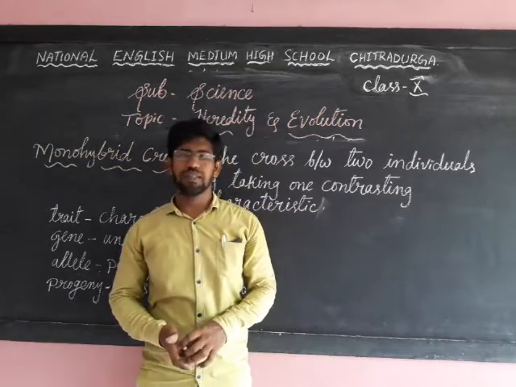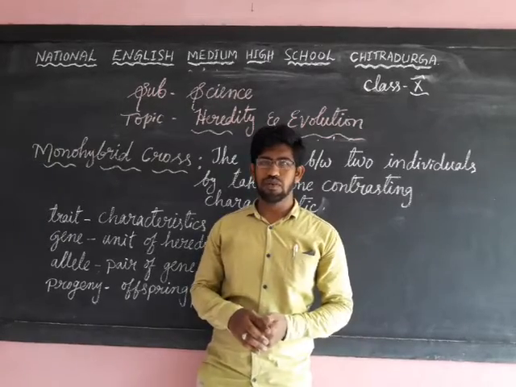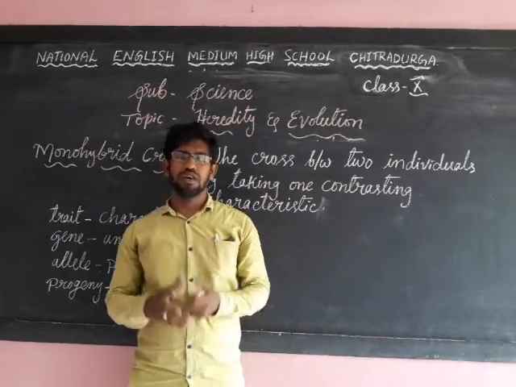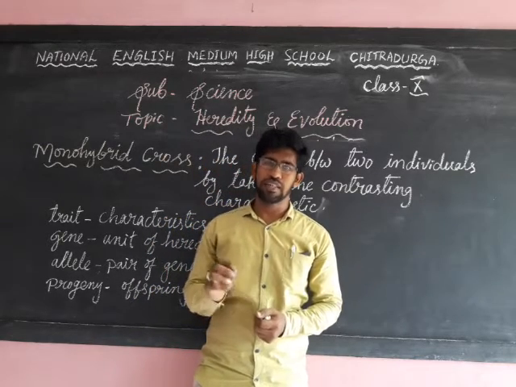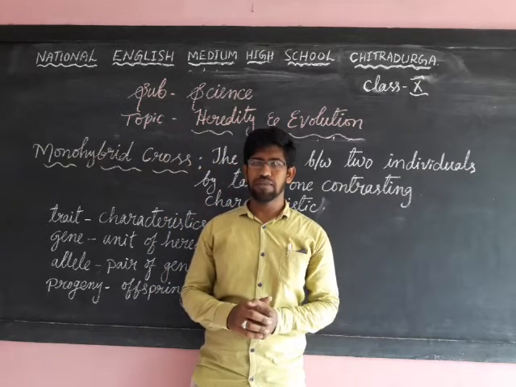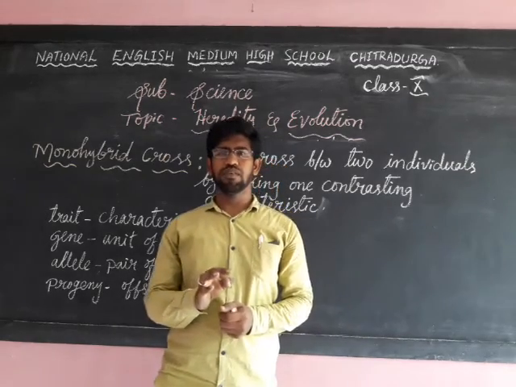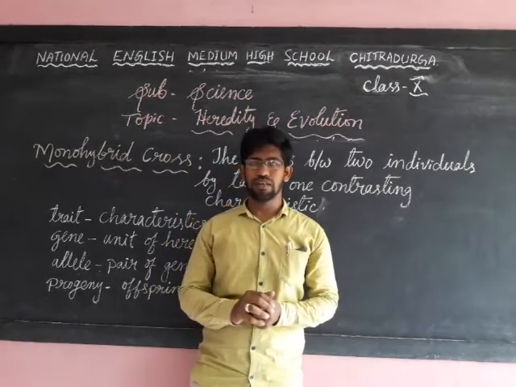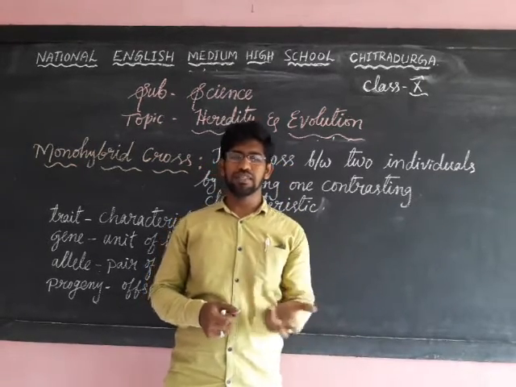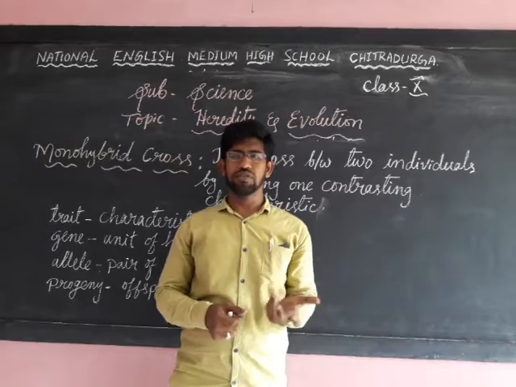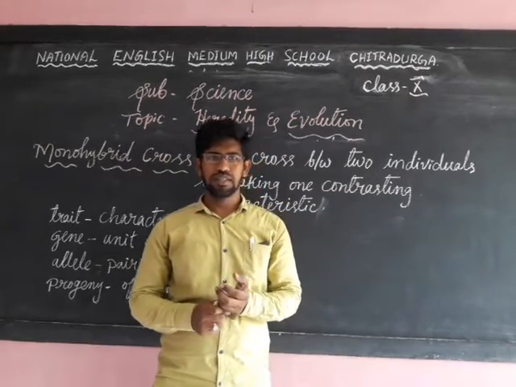Dear students, in the previous classes we studied heredity and the scientist Gregor John Mendel, his lifespan, and why he selected the pea plant for his experiments. He did two main experiments: one is a monohybrid cross, another one is a dihybrid cross. Let us learn what a monohybrid cross is, how it is done, what is used, and what the results of this monohybrid cross are in this lesson.